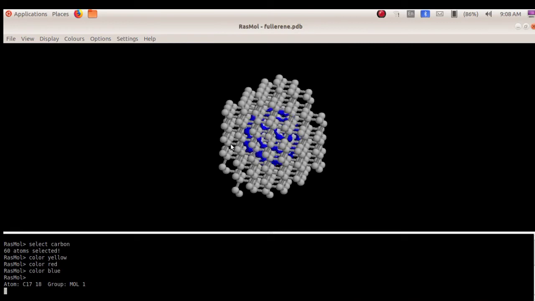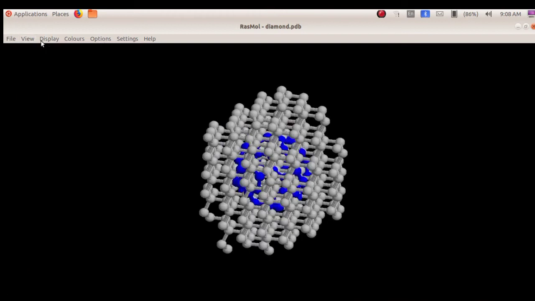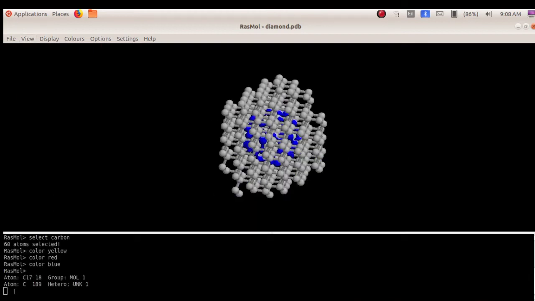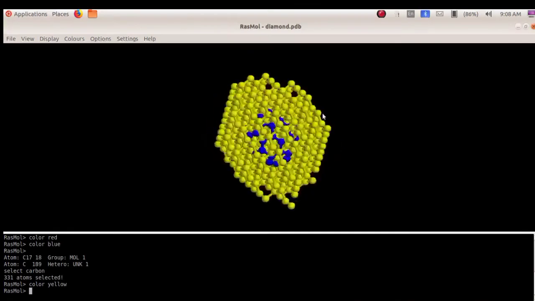Now you can display the command prompt by clicking on view, command prompt, then type select carbon. See, 331 atoms are selected. You can change the color by typing color yellow or any color. See, the color has changed.